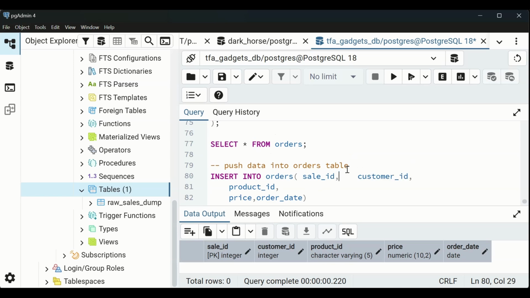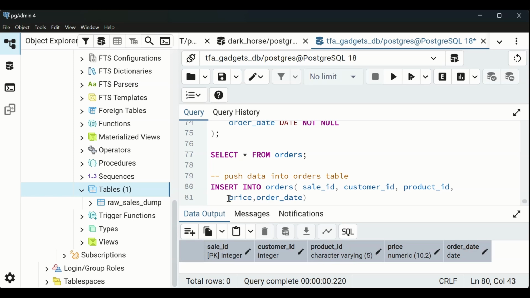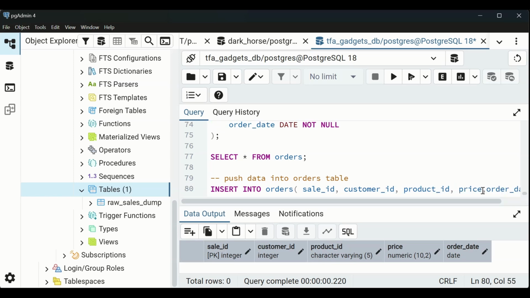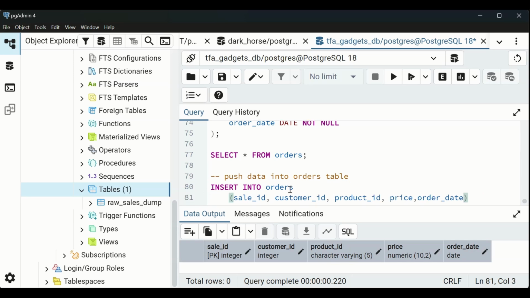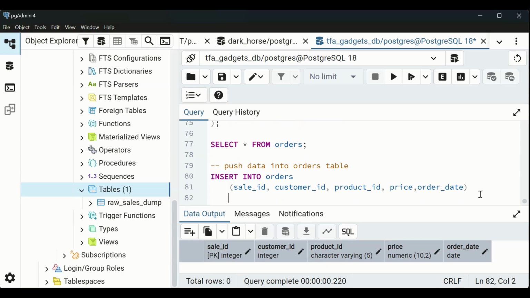So that you can see it clearly, I'll bring it up. Grabbing the sale ID, the customer ID, the product ID, the price, and the order date. Okay, that's a long one, so I can just do this instead, and tab. Okay, so we're grabbing all of this. We're inserting into orders the sale ID, customer ID, product ID, price, and the order date. So we'll do